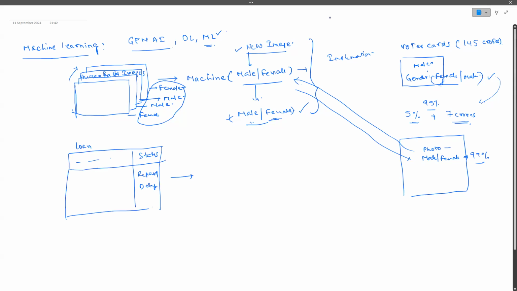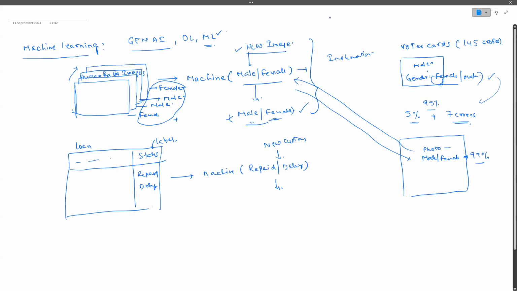Once you give this data to the machine, here also, guys, this is called a label. Here I said that for every image we give a label. The label is nothing but the gender. Here the label is nothing but the status. I give it to the machine, and the machine will try to differentiate a person who is repaying the loan from one who is delaying the loan. Now, whenever a new customer comes,